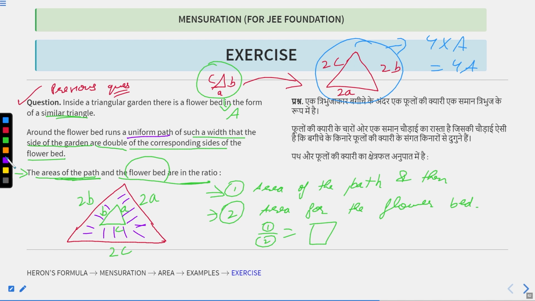So the area for this green triangle, let's say the area for the flower bed is equal to A. Then the area for the triangular garden is equal to 4A, from the previous question. Easy. Now the area for the path is equal to